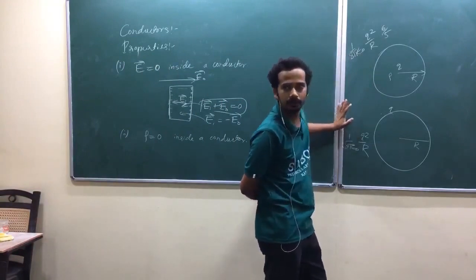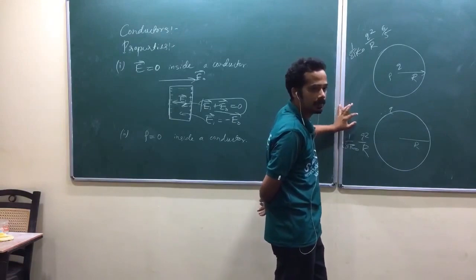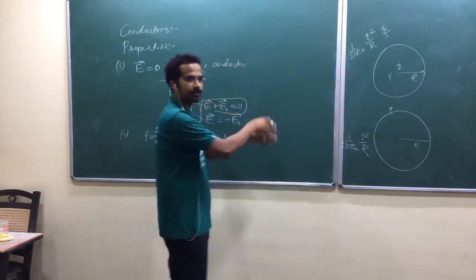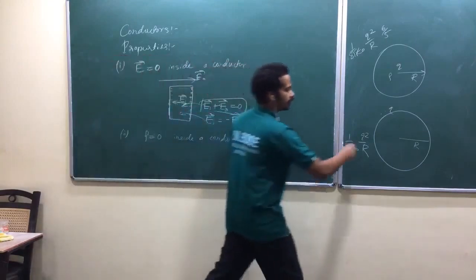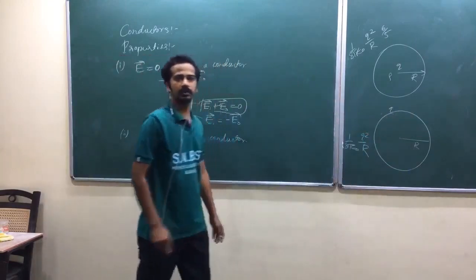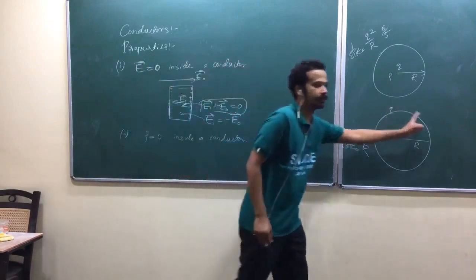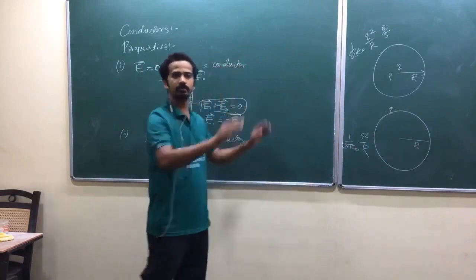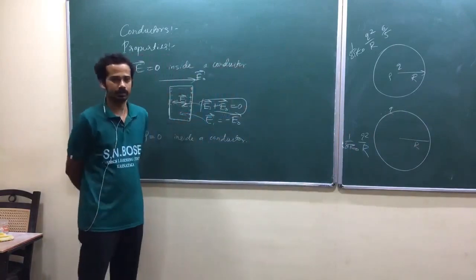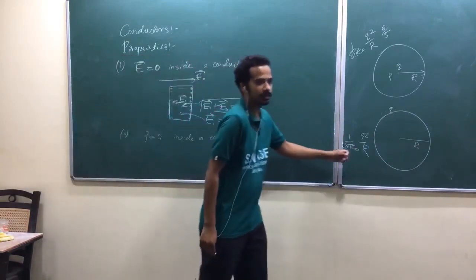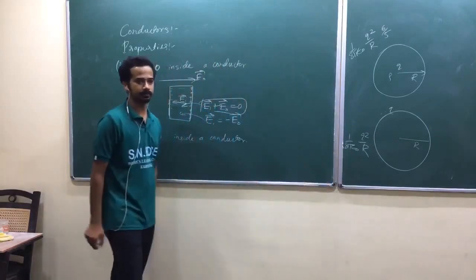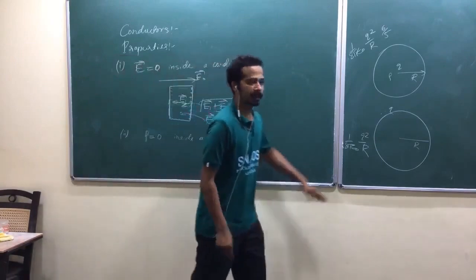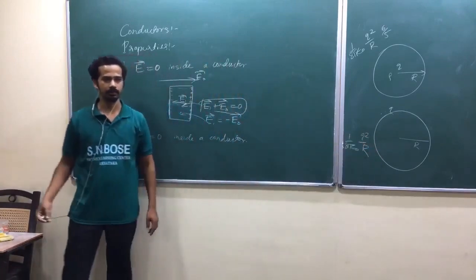So that's why, if you give some freedom, definitely it will try to attain this. Or if you give charge q, it will go to the surface. Free charges inside the conductor will try to have this configuration, but they can't move. They can't go outside the conductor. So that's why it will try to attain this. This is the minimum energy, minimum electrostatic energy. Is that okay? Again, it will try to attain minimum electrostatic energy. That is another argument. Is that okay?